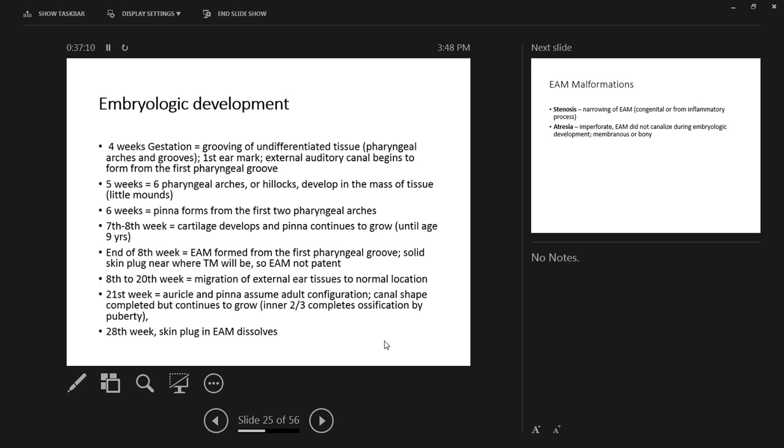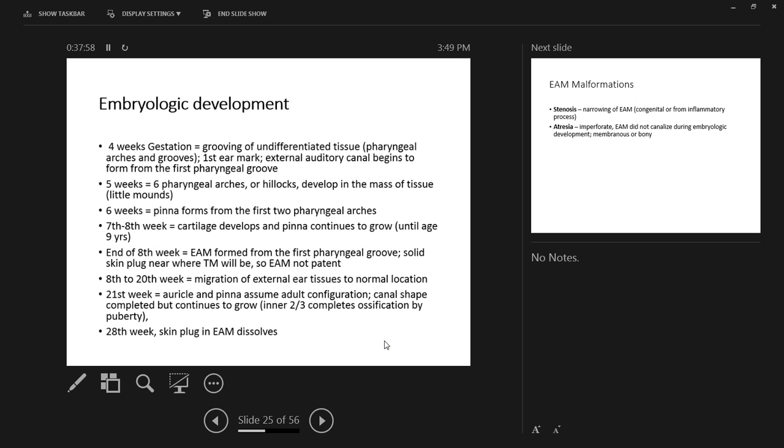The ear canal shape continues to grow. And roughly at the 28th week, the skin plug that is filling the ear canal just dissolves. I try to reconcile that with understanding how babies are born at 24, 25, 26 weeks gestation and their ear canals are open. I'm actually not convinced that they're totally open when they're first born. It may be that it's close to, and it'll start to dissolve once they're out, way too early, but out. But according to the textbook for embryologic development, it's not until the 28th week that the ear canal itself